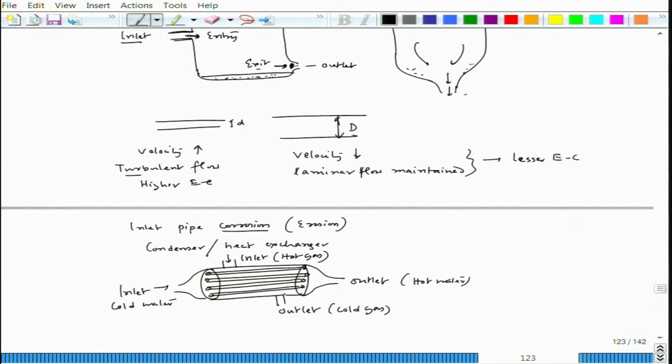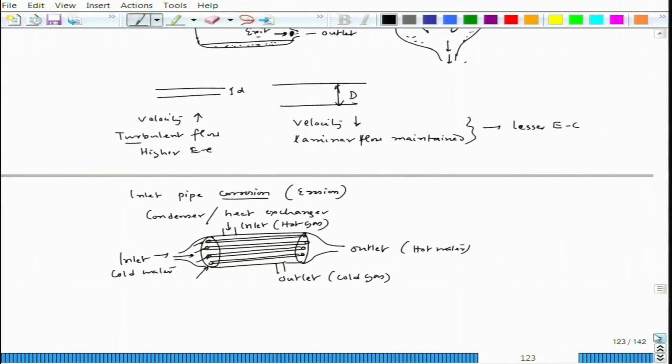Okay. So, now when the water goes in the inlet, it goes from the larger diameter through a small diameter pipe. So, that means in the pipe entry part we will have a greater degree of erosion effect, because there will be a lot of turbulence. That turbulence would lead to a huge degree of erosion corrosion in the inlet section. Okay. That is what is called inlet pipe corrosion. In order to stop that, people use a ferrule. Okay. It is basically a pipe insert.